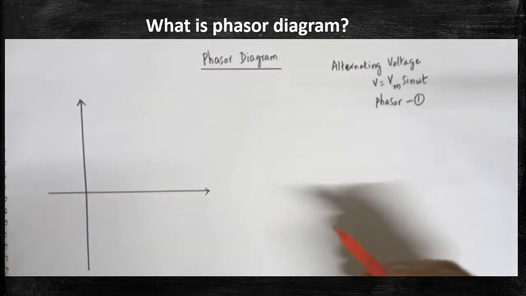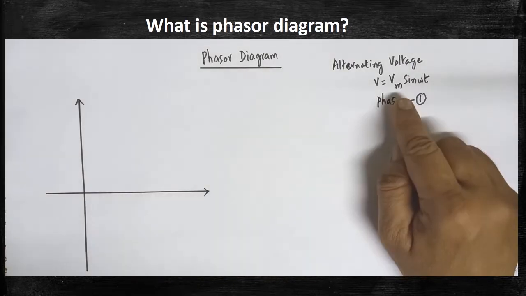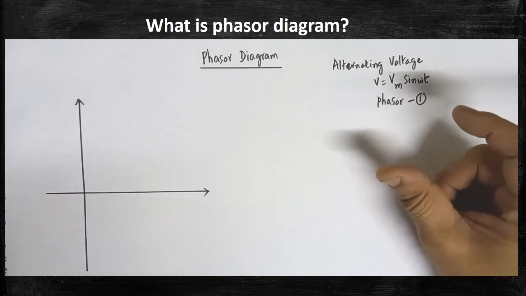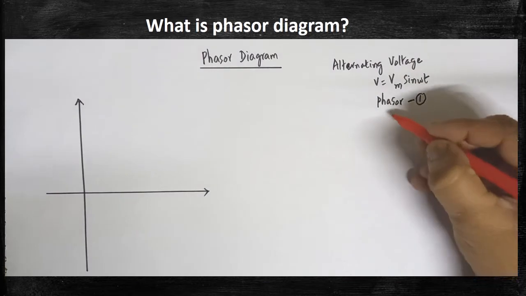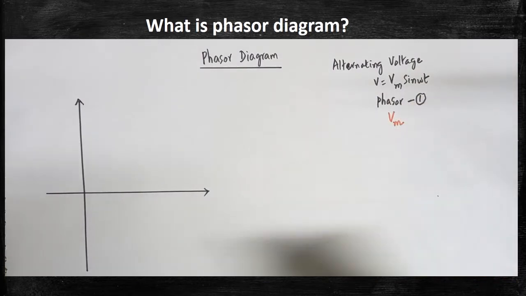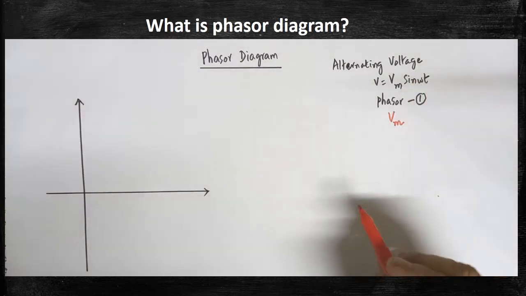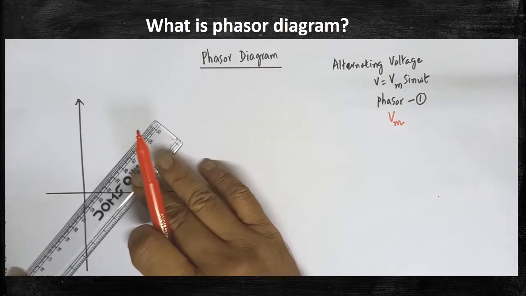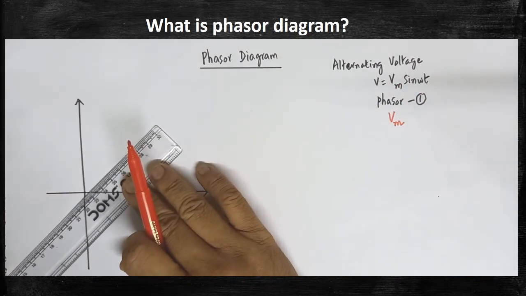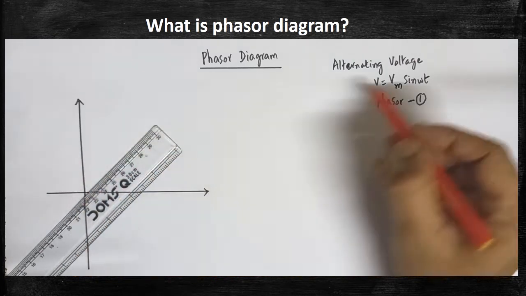So, to represent V is equal to Vm sin omega t, we have to draw a line segment. To represent the phasor vector, we have to use this line segment. For that, the length of the line segment must be Vm. That is very, very important. Vm should be the length of that line segment which represents the phasor for V. Therefore, I am going to draw a red color phasor. This is the phasor that represents V.